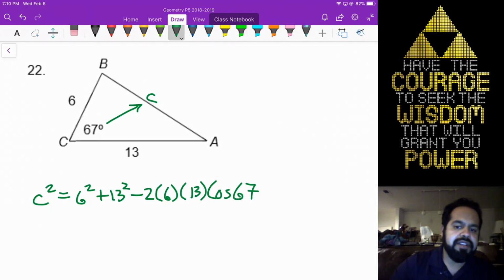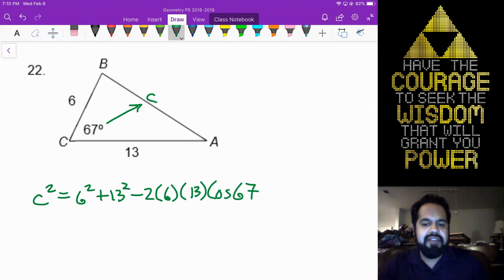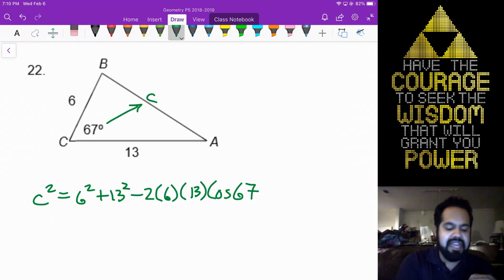Now, Cameron, you asked, is there a faster way to do this? This part, yes, because I have all numbers on the right-hand side. So I'm going to actually type in that exact thing I see straight into my calculator. 6 squared plus 13 squared minus 2 times 6 times 13 cosine